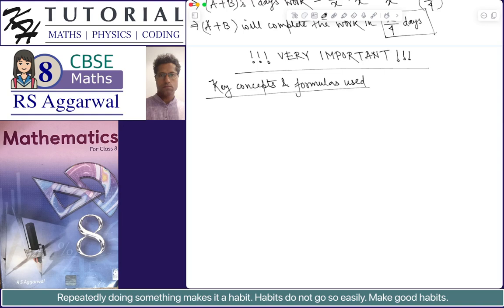What are the key formulas? Of course, the two general rules have obviously been used. That is,